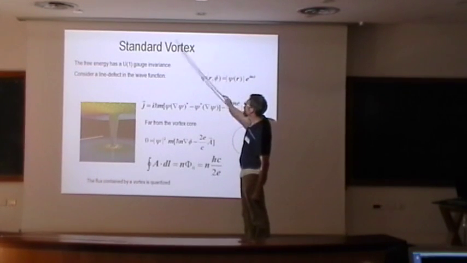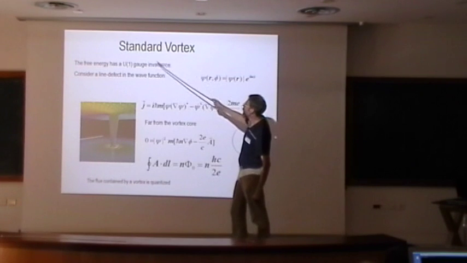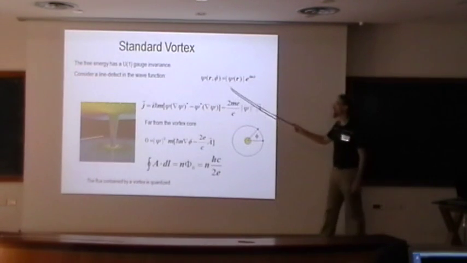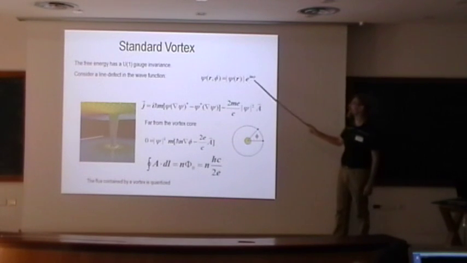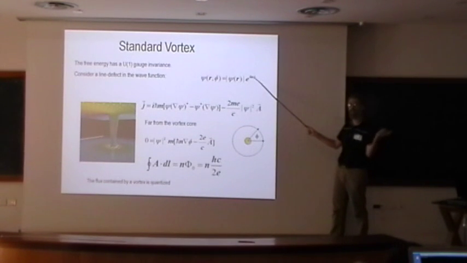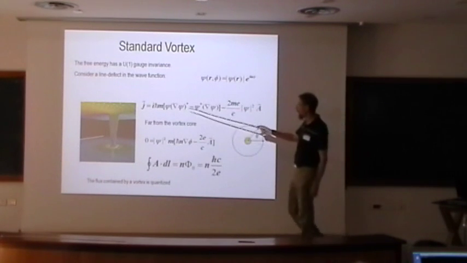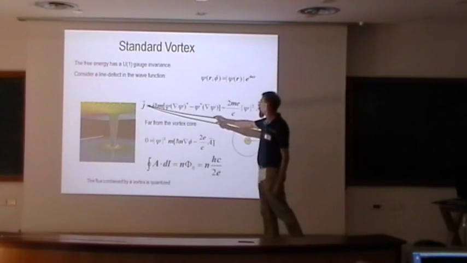All right. So in the standard Ginzburg-Landau theory, the free energy has this U1 invariance, and so we are allowed to consider solutions of our order parameter where we have a winding in the phase, right? So we have a magnitude, and then we have n times the phase winding. This means that as I circle a defect, I pick up n times 2 pi phase factors. And then you can do the calculation of the current of such an object. And in fact, that's what Agterberg did early on.